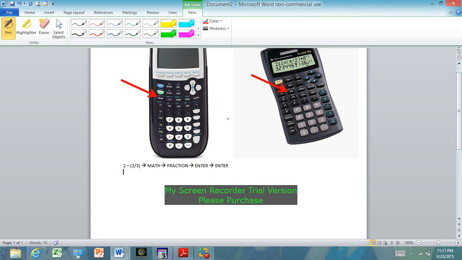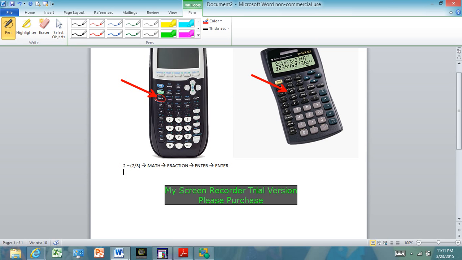Okay, so I wanted to take a minute to explain how you can use either a graphing calculator or a scientific calculator to assist you when working with fractions. Sometimes fractions can really cause some problems for us, so it's nice to have the calculator to support that work. So with your graphing calculator, if this is the calculator that you're using, there's this wonderful button